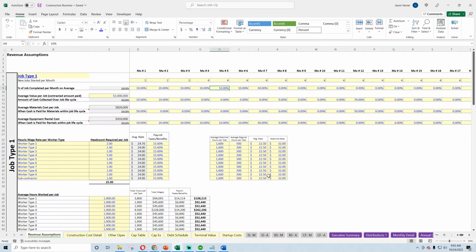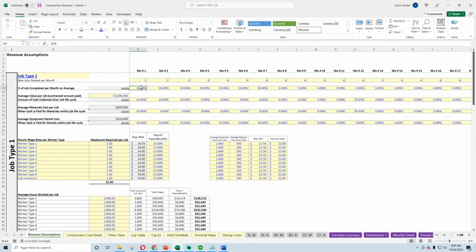And the reason why I did these percentages is you could have different terms like 50% up front, 50% at the end, or 100% at the end, 100% up front, or percentage while completed, or even percentage over the expected life. It didn't make sense to code all those individually. Instead, I just did percentages. So over the course of a timeline of months, you can put the percentage of the job that's completed on each month for job type 1, 2, and 3. These all have the same assumptions,